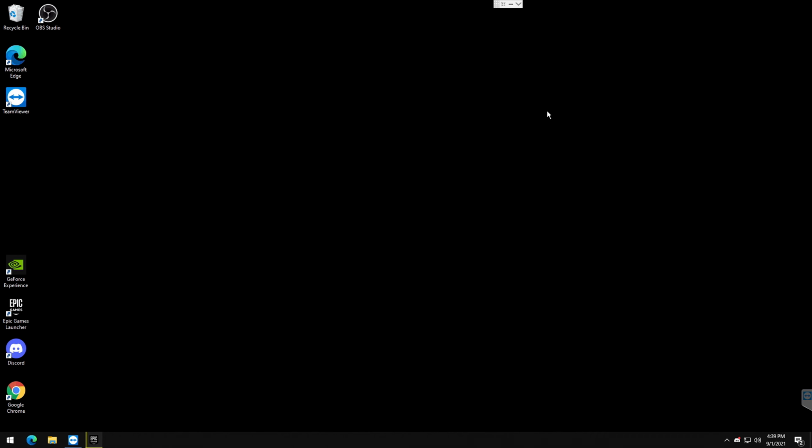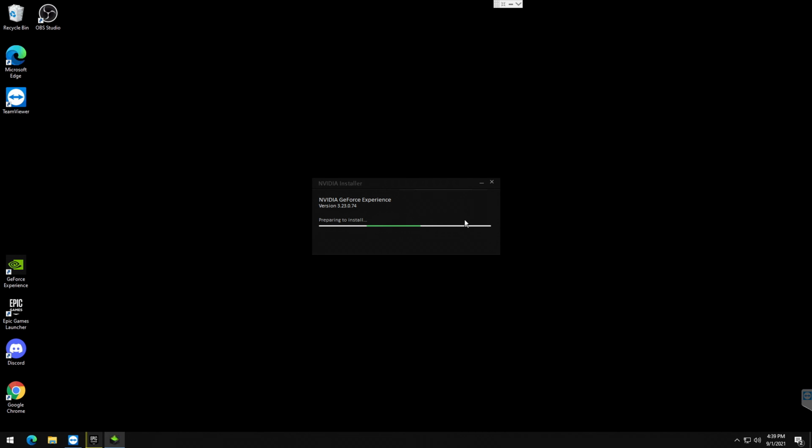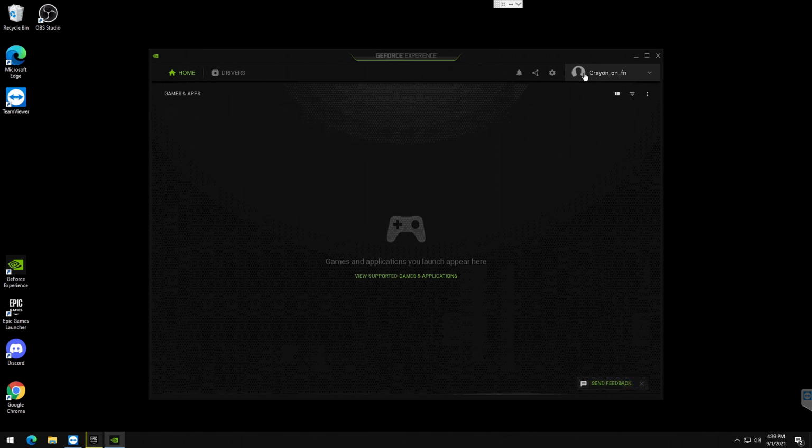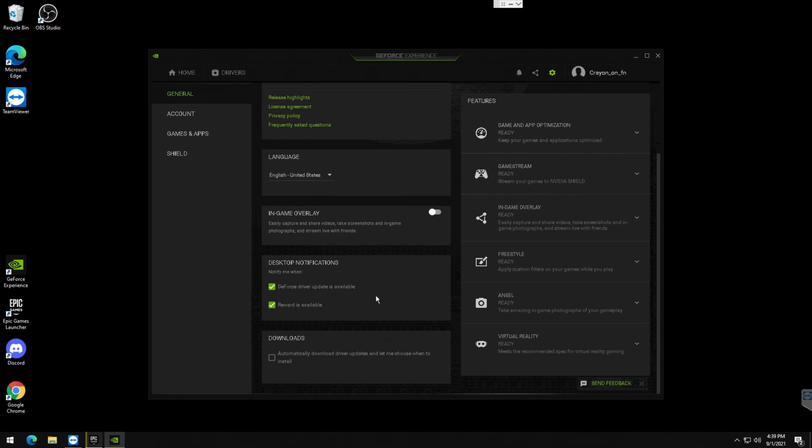In GeForce Experience, we can change a few settings in here that will help with latency and overall reduce some resources that are on it. Now that GeForce is done downloading updates, you want to exit out of here. You want to go to the settings and uncheck these two right here. You then want to enable game overlay,